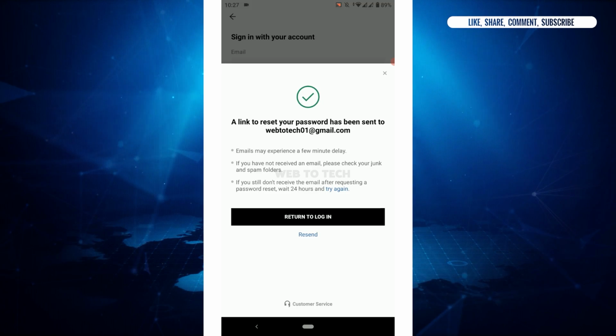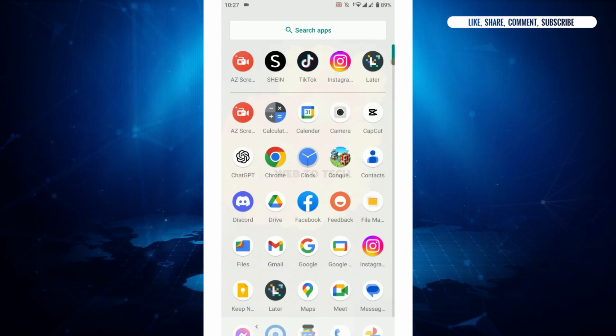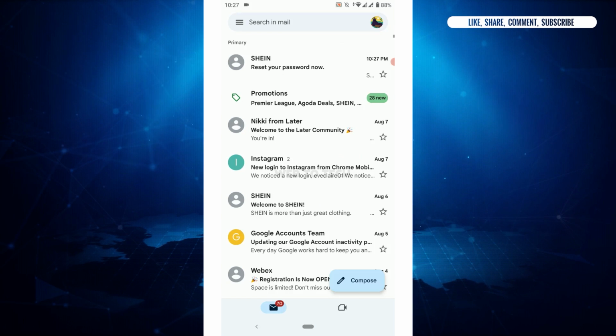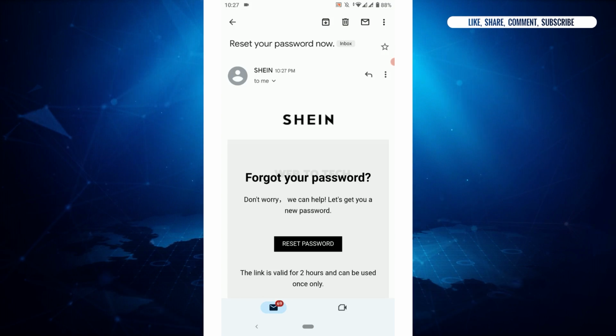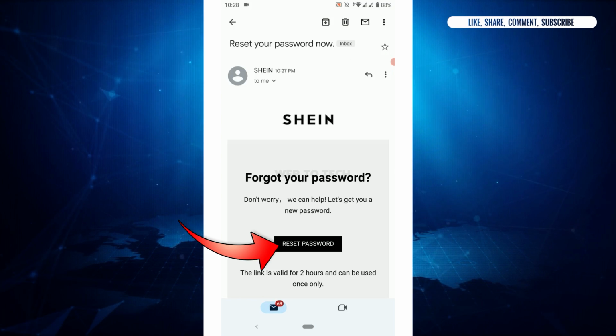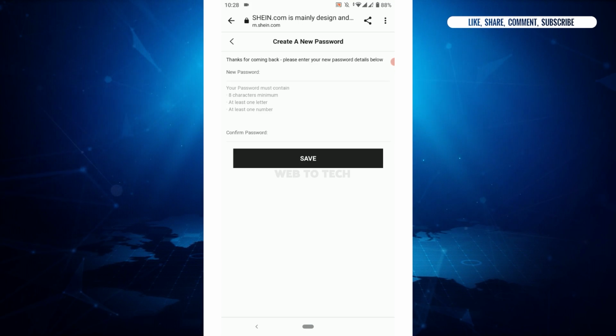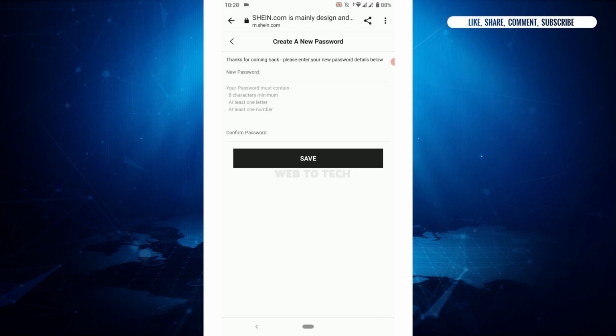You need to go and check out your Gmail. Tap upon Gmail on your phone device and there's the Shein mail on the top. Tap upon that. Now what you need to do over here is you need to tap on that reset password option on the mail, tap that, and you will be able to provide a brand new password for your Shein